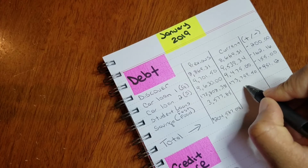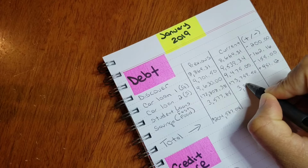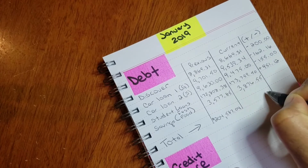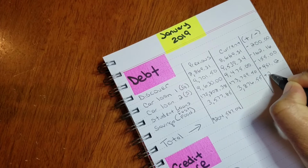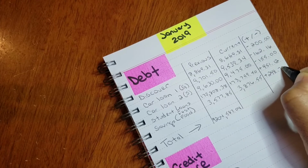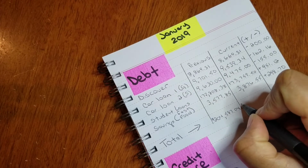And y'all, I really did fall off the wagon, because I now owe $3,876.55. I'm disgusted in myself. It went up $298.70. Ashamed of myself, y'all. So total debt,